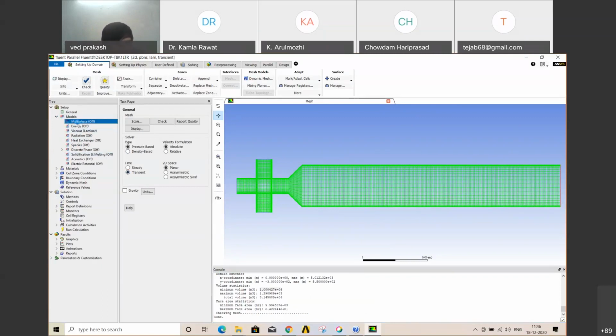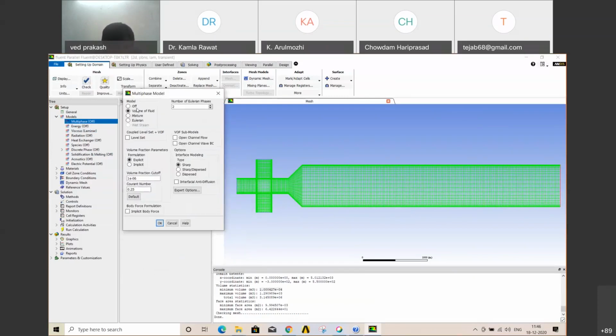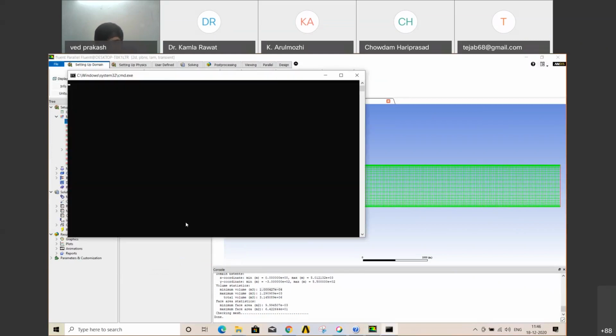So we will use the multi-phase model because with water and oil there are two fluids. We can use more than two fluids. If you want to read about how many phases we can use, and when to use explicit or implicit, just click on the help section.